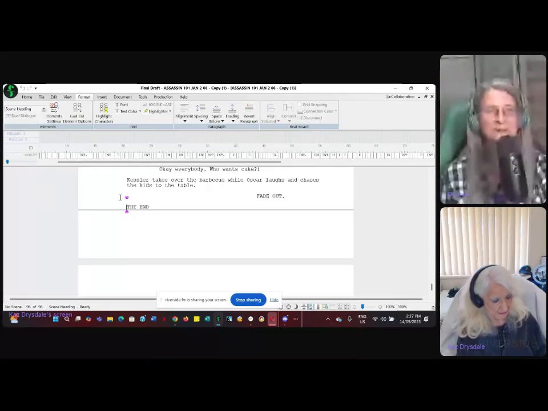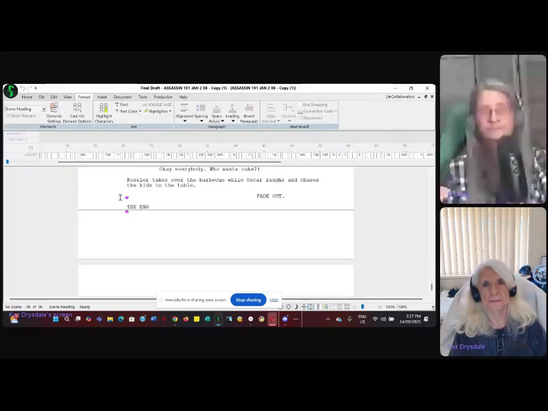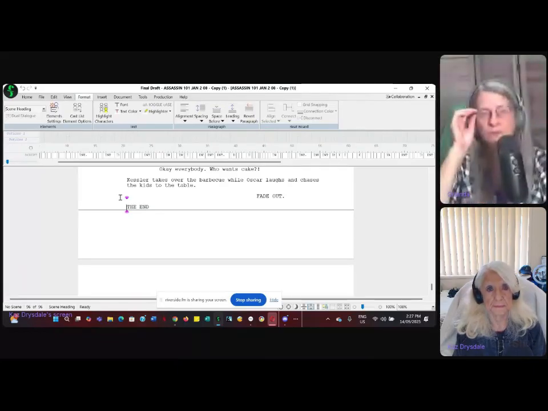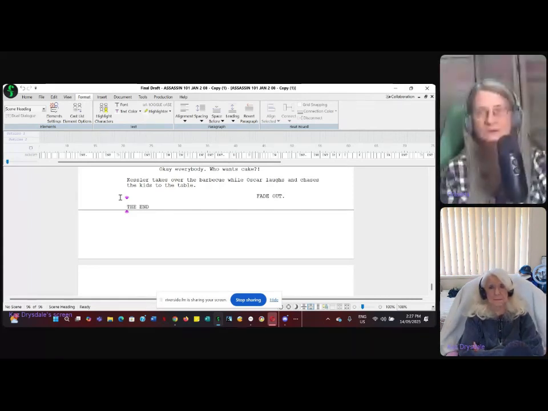And the thing is, your headers, which literally are the most important thing when you come right down to your format, when you're all done writing it and you want to hook in your scene numbers, it's going to grab and hit every scene heading.